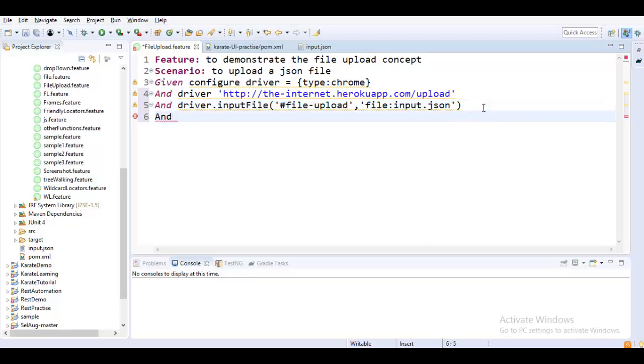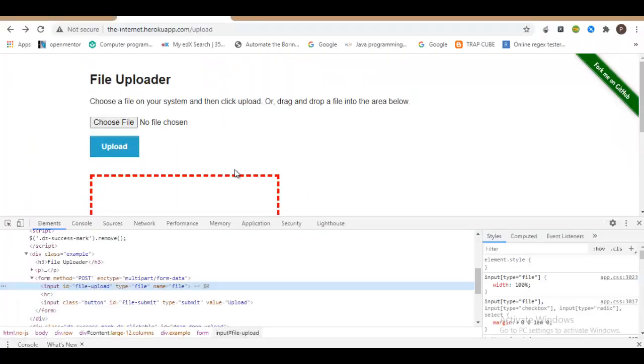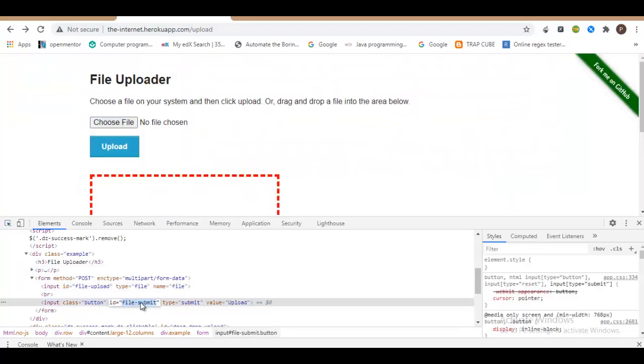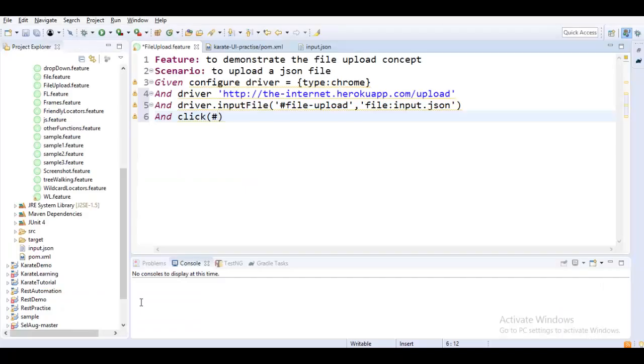And after uploading the file, we have to click on the file button. So let me just grab the value. This is the ID value, and let me click on it.